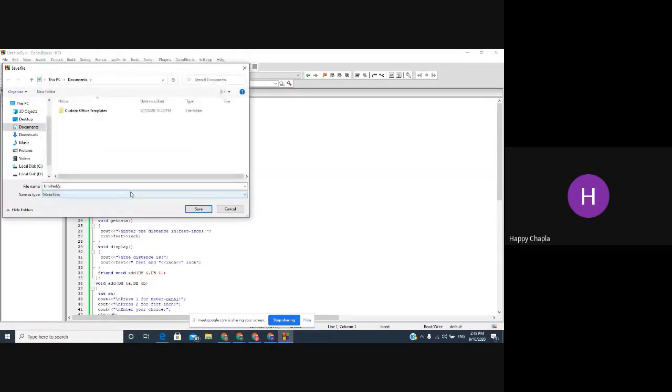Go to your file name. Yes. Click one more time. Click over there. Yes. Give your file name, whatever you want to give. Dot CPP, double P. That is a C++ file. Okay, now save it.